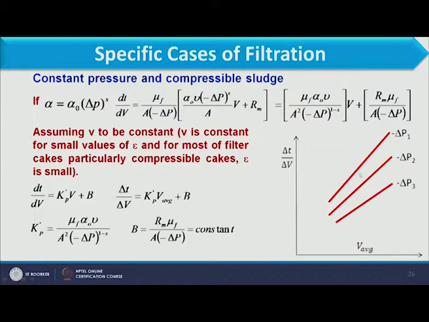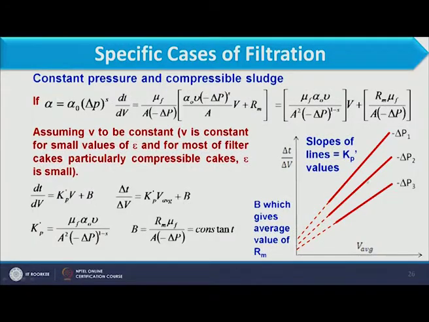So once we have 3 or 4 values of pressure drop, we have 3 or 4 straight lines in this graph. Extending these lines up to the y axis, we have 3 different intercepts. So we have 3 different values of B, and 3 different values of Rm will be calculated through these B values. The average of these Rm values will give the value of Rm.